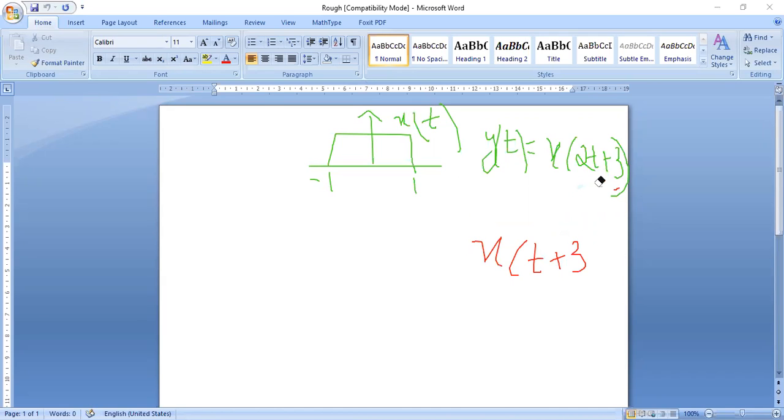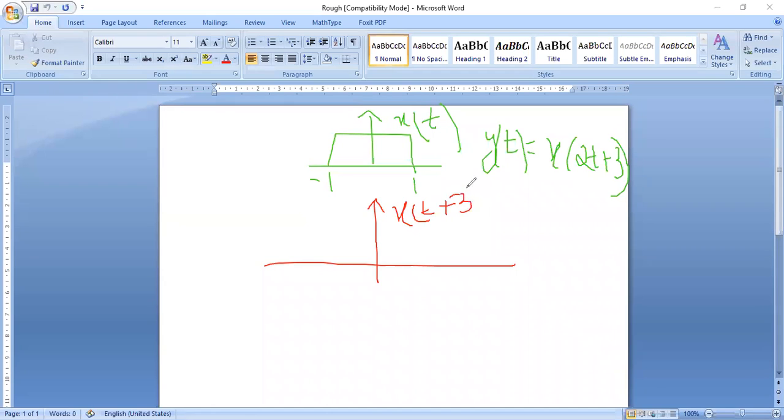If both the properties are there, what the precedence rule says, which I have to perform first? Shifting. Okay, shifting. So shall we draw the diagram now? So y-axis you should mark properly. I am doing shifting. Shifting means it is t plus 3. You forget about the scaling factor, time scaling factor. I am doing only shifting operation. So plus 3. That means where I have to shift? I have to shift it towards which side?